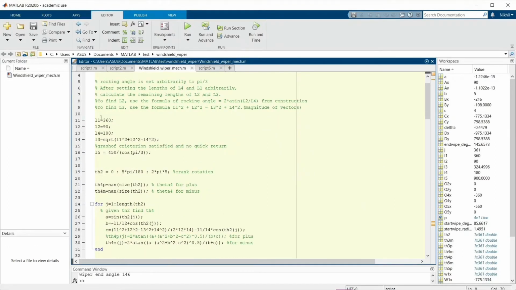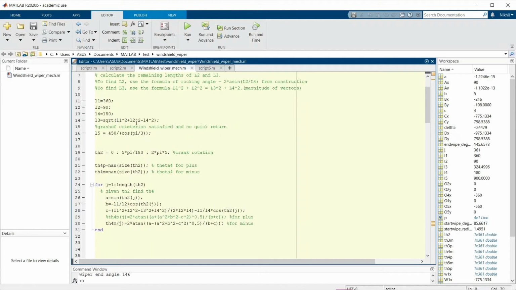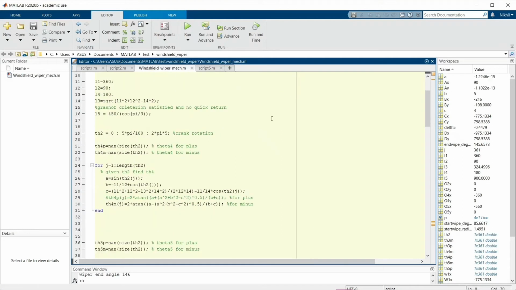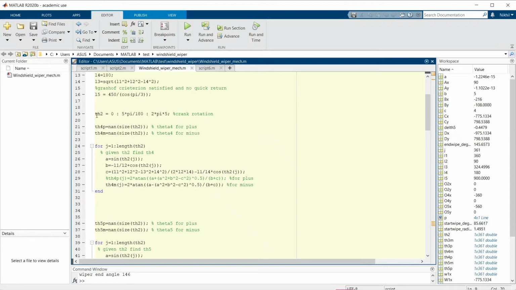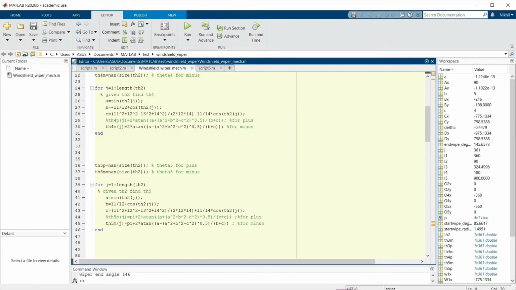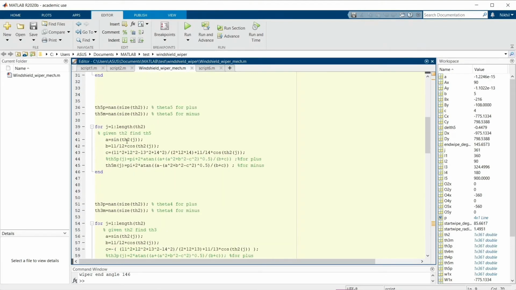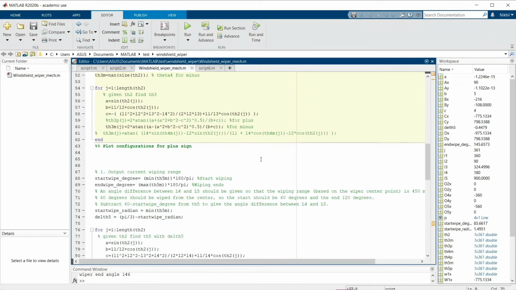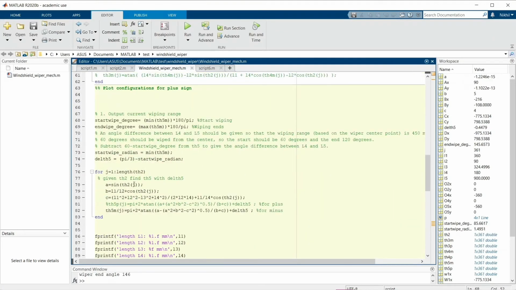First we have defined the lengths of the arms, which are 360 millimeters and 90 millimeters. We have defined this in millimeters, and we have taken the crank rotation up to 5 pi, I mean it will rotate 5 times. Then we have given the relation between the angle of the crank and the angle of the coupler and the angle of the rocker, and here are all those relations in our simulation.